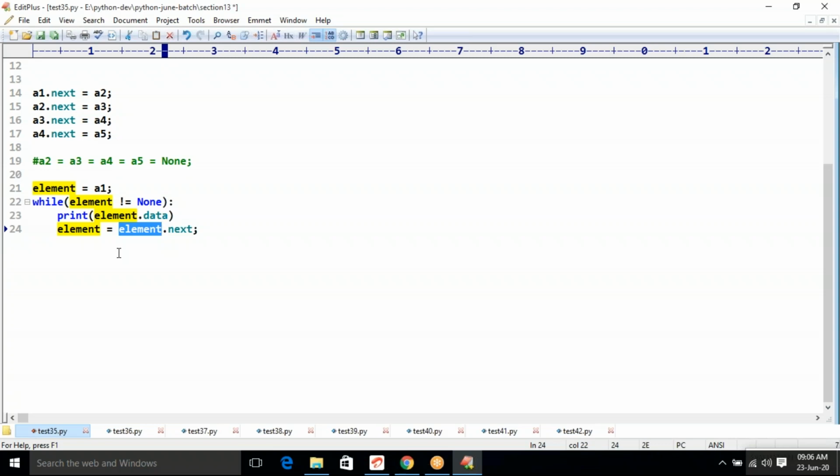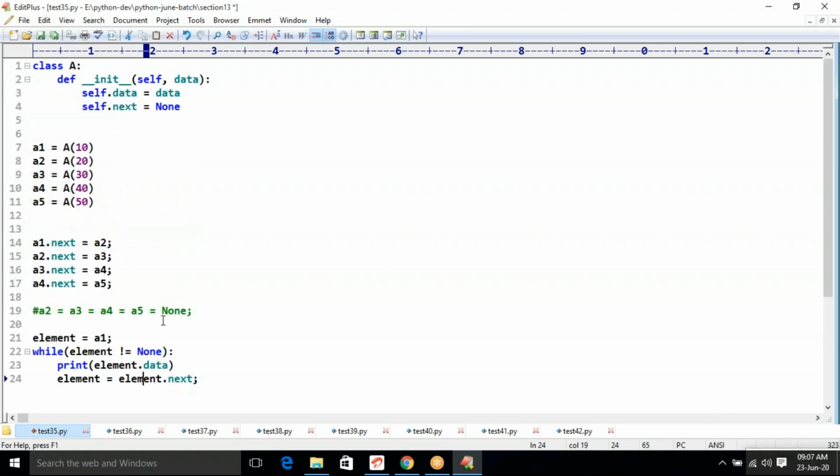A5.next is None. Whenever it reaches A5.next, it comes away. It is a simple data structure. We are storing 5 members in a structured manner through 5 objects, every object having a link to the next object.